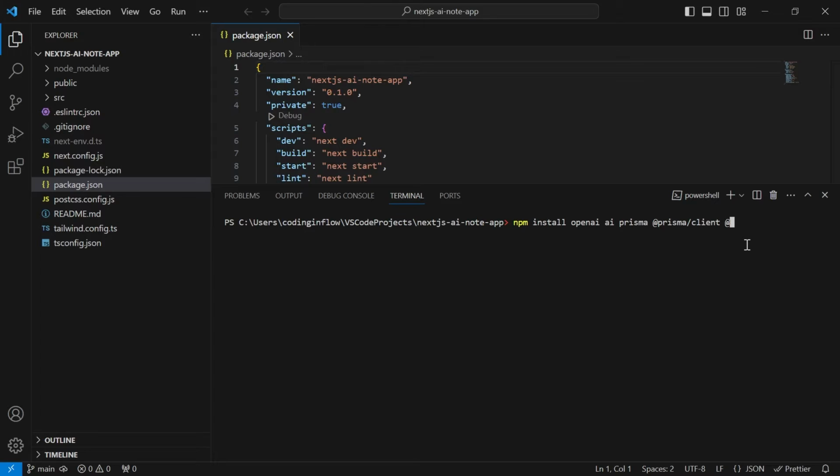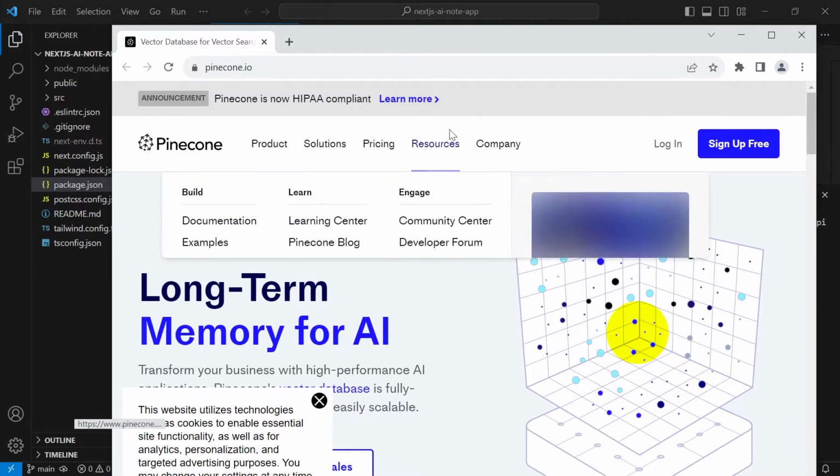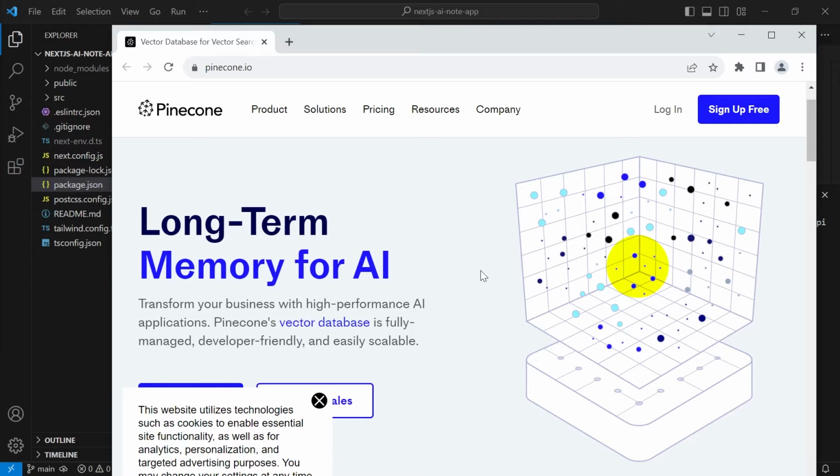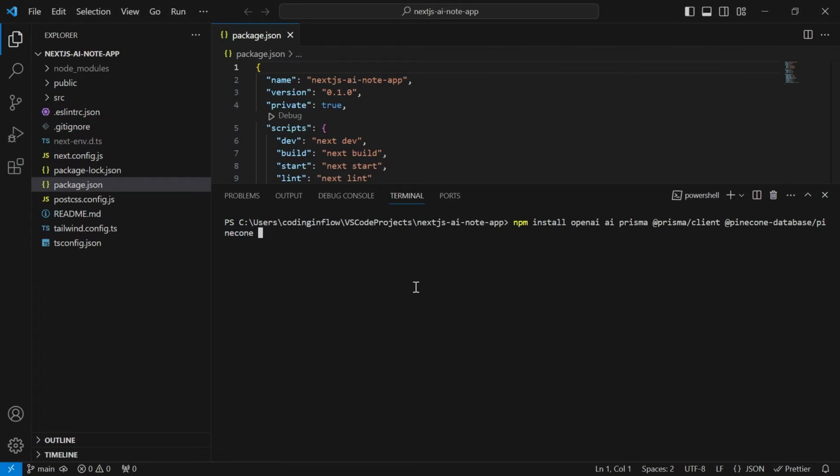Next, we install @pinecone-database/pinecone. As I explained earlier, Pinecone is the database where we store our vector embeddings. This is how we give our AI long-term memory, and don't worry, they all have a free tier, so you don't have to pay anything to follow along building this project. Okay, but we still need a few more packages. The next is